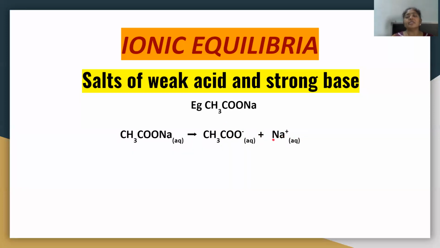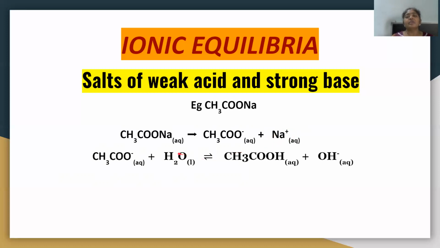But the sodium ions, if they combine with OH minus, will not remain as NaOH because it is a strong base. So it will dissociate and form Na plus and OH minus ions. So which ions are present in the solution here? That will determine the acidity or basicity of the solution. You will see it is OH minus ions, and therefore the solution is going to be basic. So let us see the reactions here.